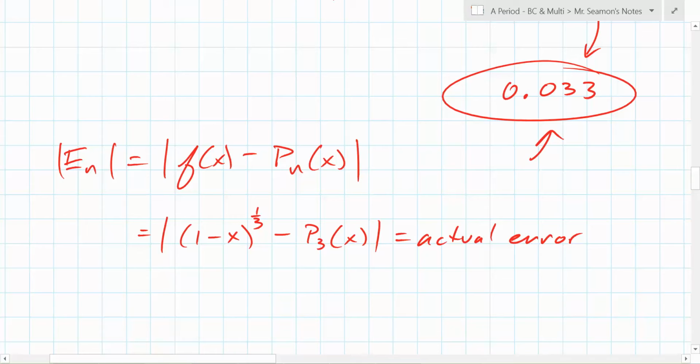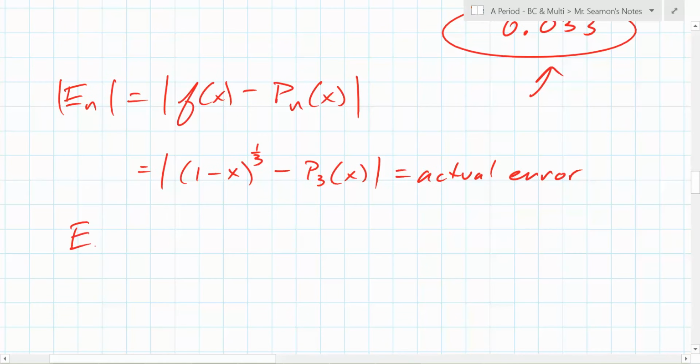But if we wanted the actual error, we would need to find out. We're not going to do it right now. You need to generate the first 3 terms, or to the 3rd degree, right? So it's 4 terms. Some of them are zeros, maybe. And then you have to plug in 1/2. If you find E3, so that's the error of this polynomial at 1/2, E3 is going to be, you end up with negative